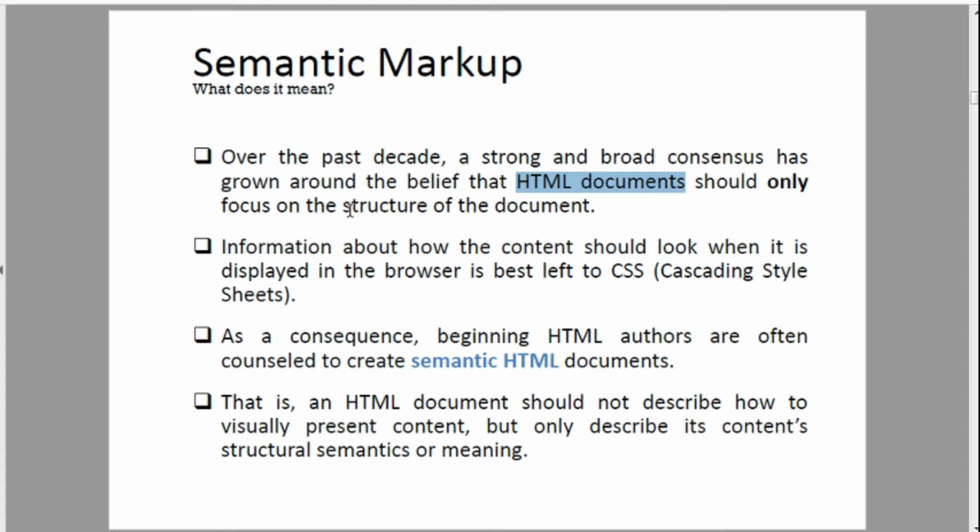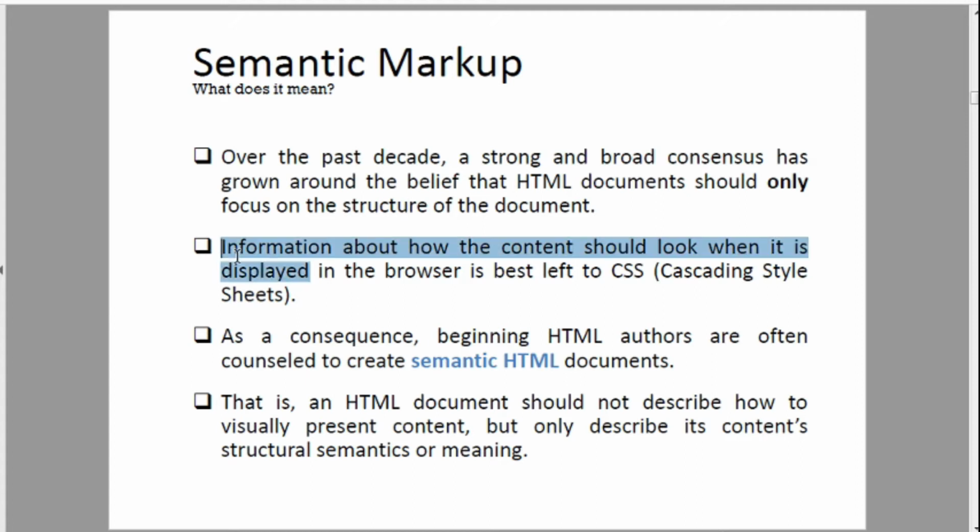Structure means HTML elements should be there, then inside HTML you should have body and head elements, and like that. The formation of the structure should be proper. More focus should be on creating the structure of the document rather than on how it will be seen visually, such as what type of text it is, what color it is, what background color it uses. Instead of focusing on the presentation part, focus on the structure of the document, which is very, very important.